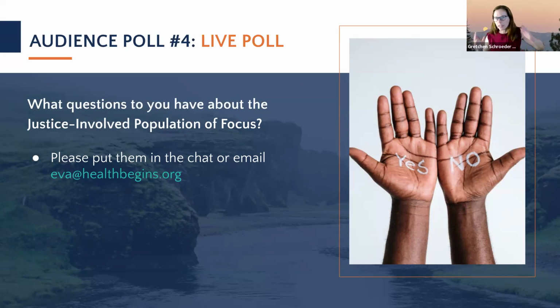Are there other organizations we should be talking to about coming in to join a JI conversation, who's not at our table already, but that might provide a new perspective and build some more collaboration? I wouldn't be asking the outreach ambassadors necessarily to reach out. It could be that Health Begins does that outreach, but just want to see who else we could be inviting into these conversations. What about parole and probation?